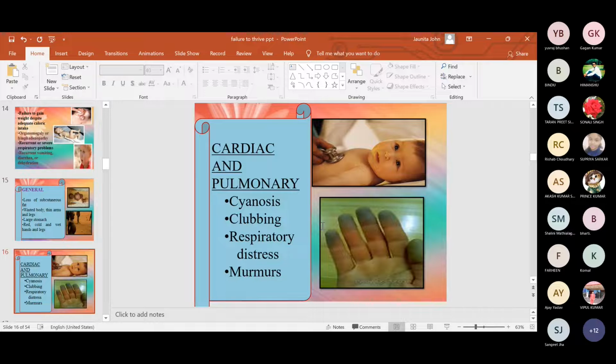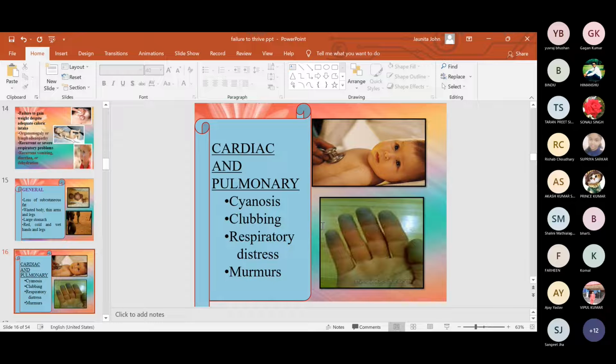Next is cardiac and pulmonary. Cardiac means heart se related, pulmonary means lung se related. So cardiac and pulmonary, first is cyanosis. In the second picture you can see bluish discoloration of the fingers of the baby. That is cyanosis. Clubbing, you see nail clubbing. Clubbing means what? Any abnormal shaped nail beds or rounded shape. बेबीज के नेल्स जो है नॉर्मली हमारे स्पून शेप्ड आपने देखे हैं, लेकिन कौन से शेप के abnormal हैं? Those are rounded in nature and they are very abnormal in nature. Nail beds, nail दिखने में rounded, so that is clubbing.